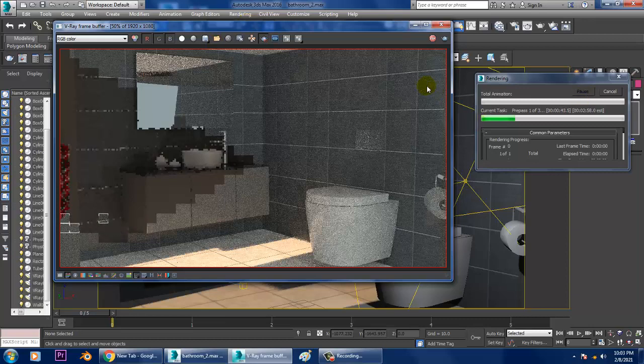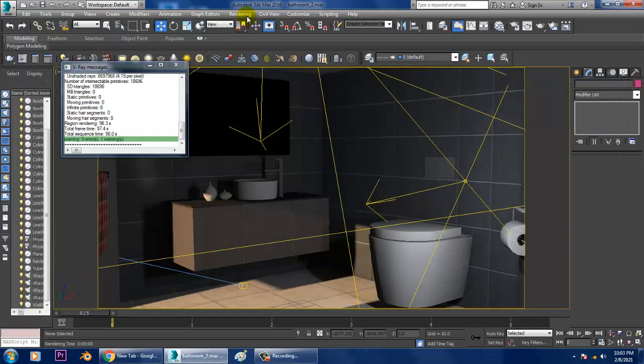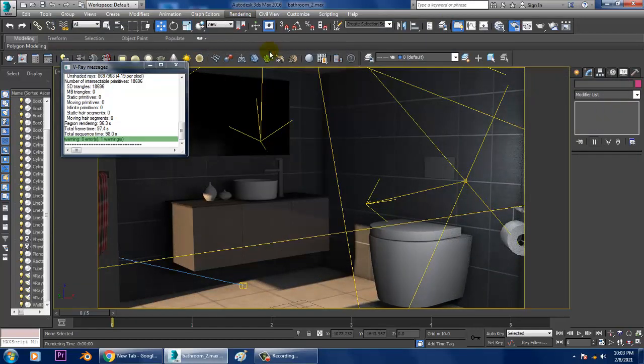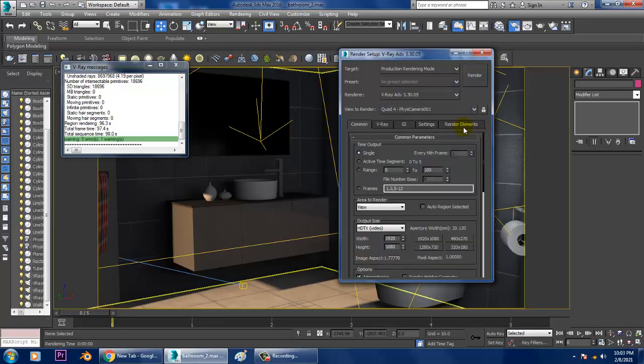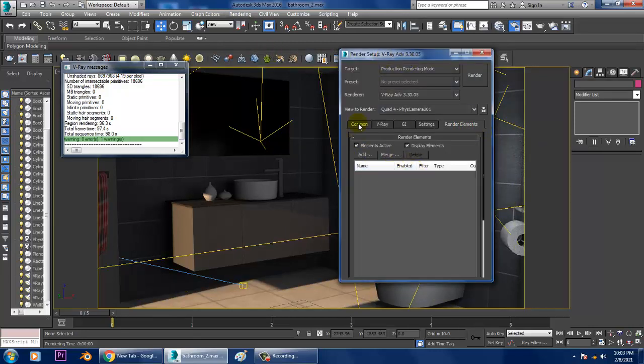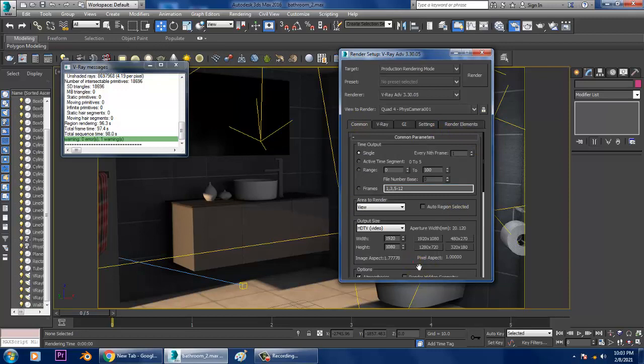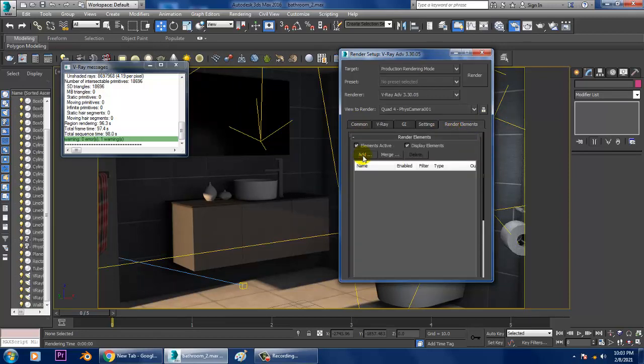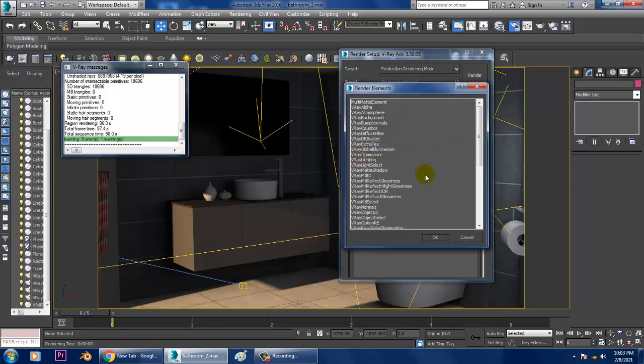Now what I'll do is go into this render setup, go into the render elements, and add the light passes. Let's add some light passes. Very first of all, what I'll add is your diffuse,